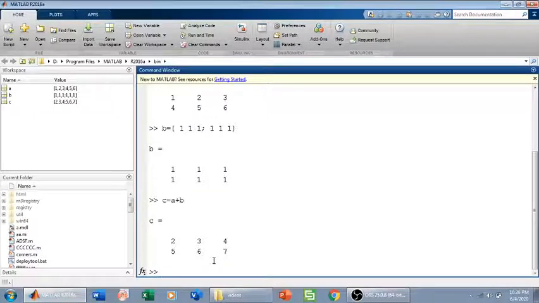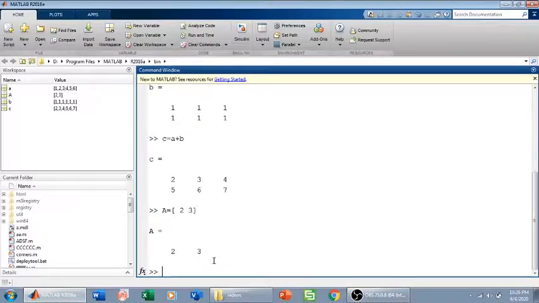So if I have a matrix, for example, capital A is equal to 2 and 3, it is a 1 cross 2 matrix, and then I have a matrix B which is simple 3 cross 3, 1. Fine. It has 2 rows, 1 column. The number of columns of A is equal to the number of rows of B. So these two matrices can be multiplied.